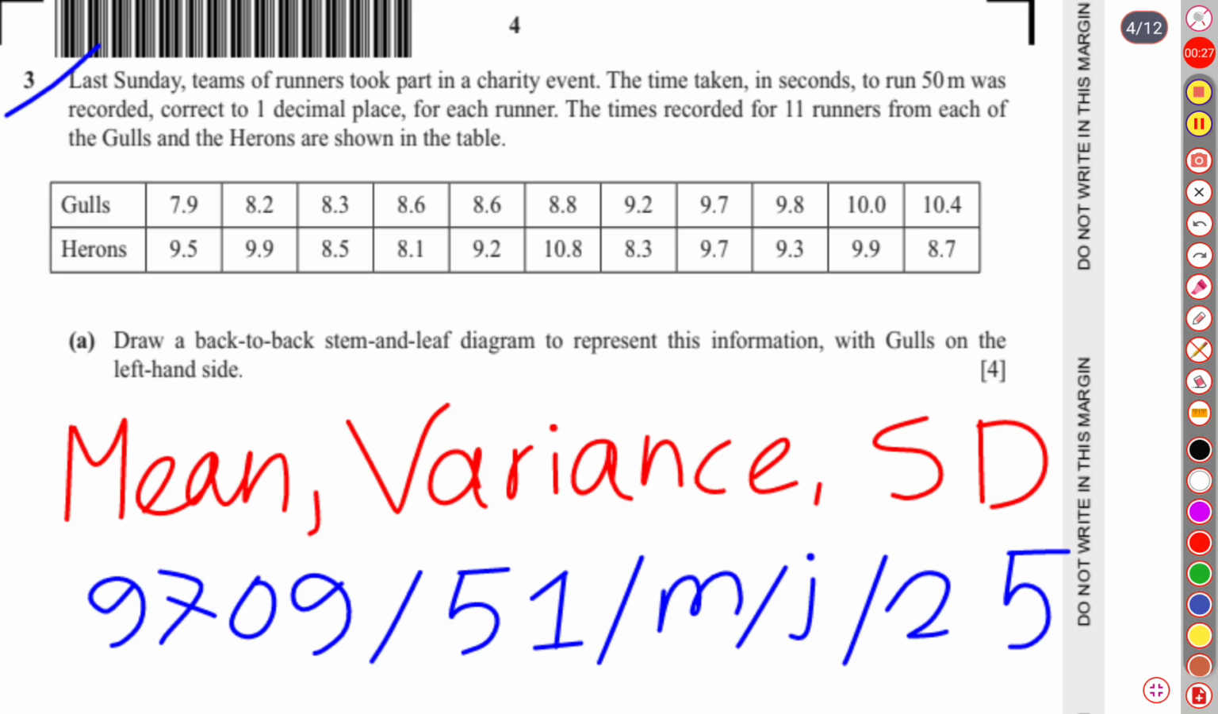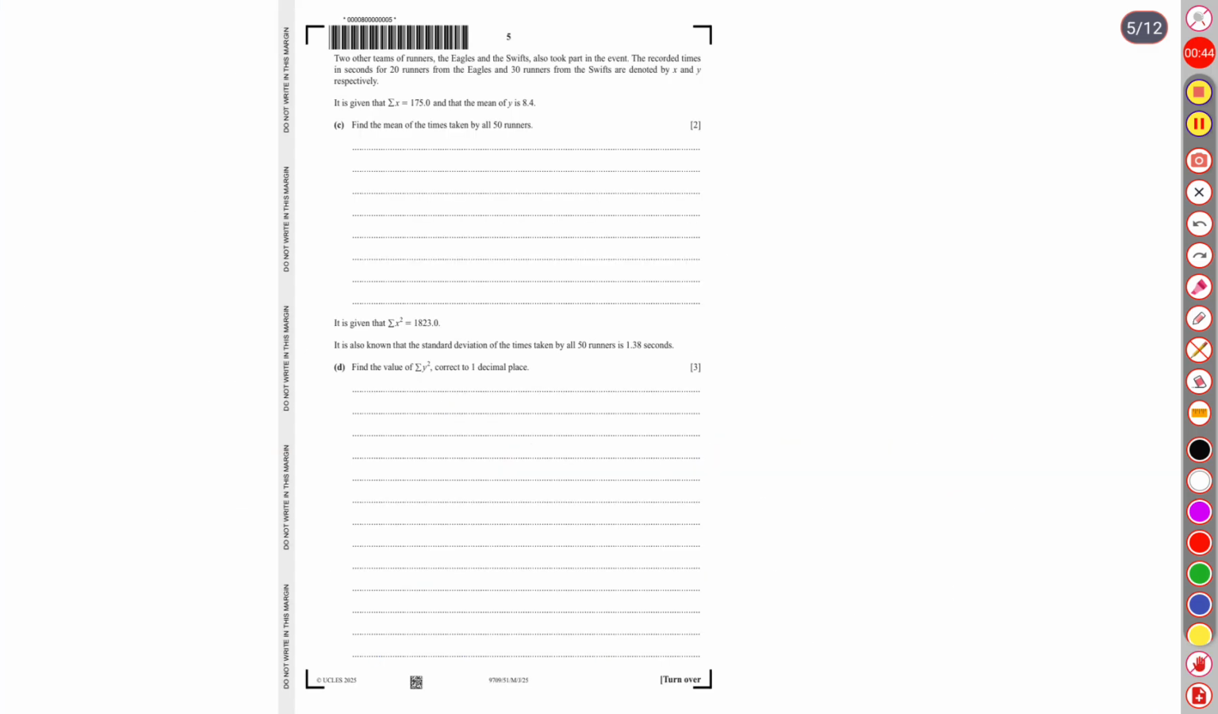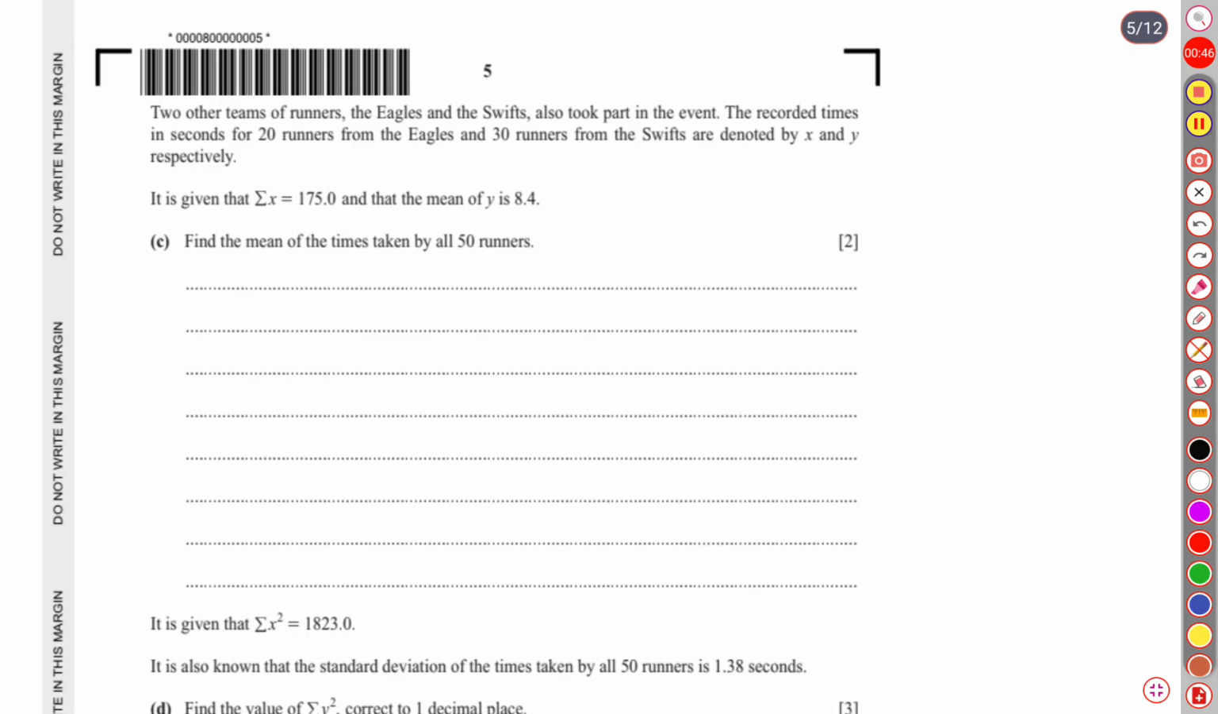Parts A and B of this question don't belong to our discussable topic. That's why let's see question number 3C. 3C says